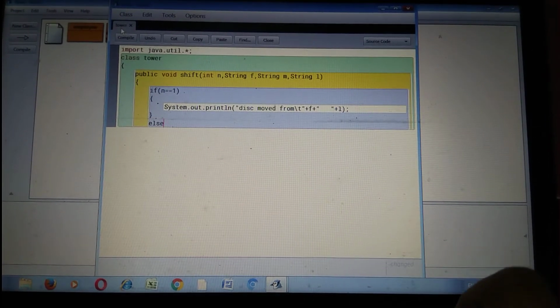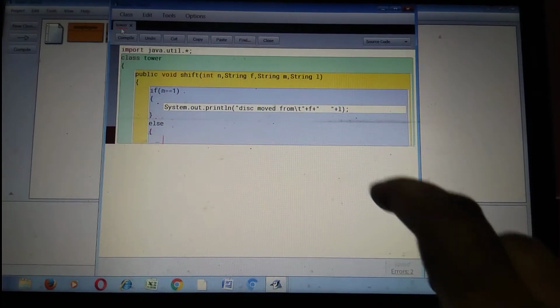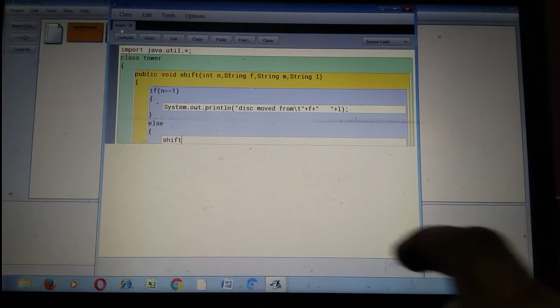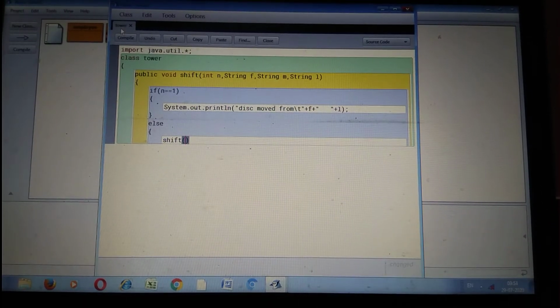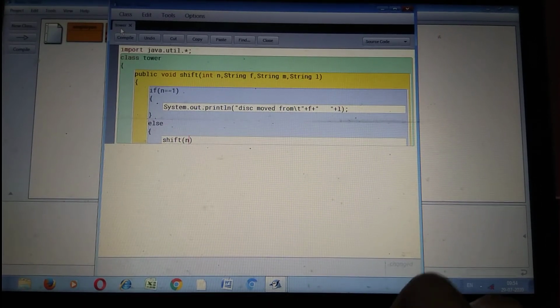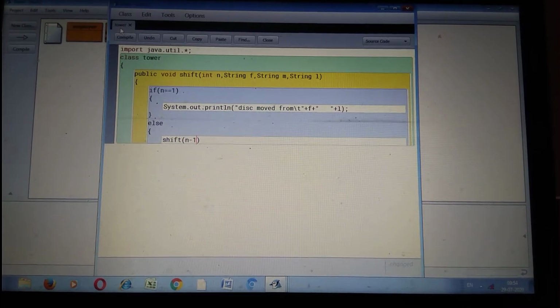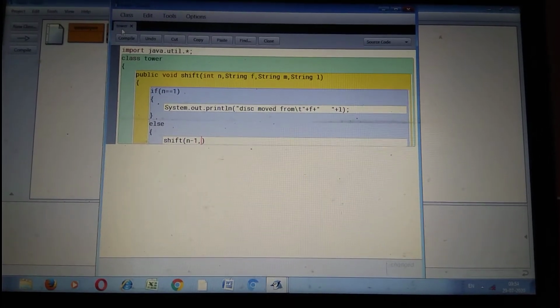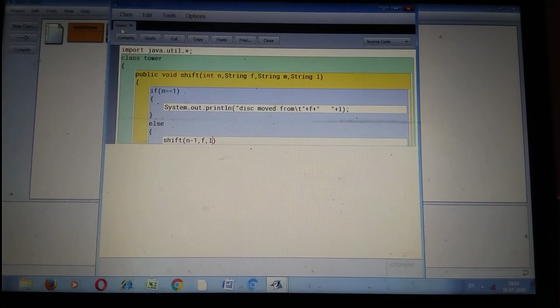Else, here we call the shift function, n value is n minus 1, then first last middle, that is f l m.